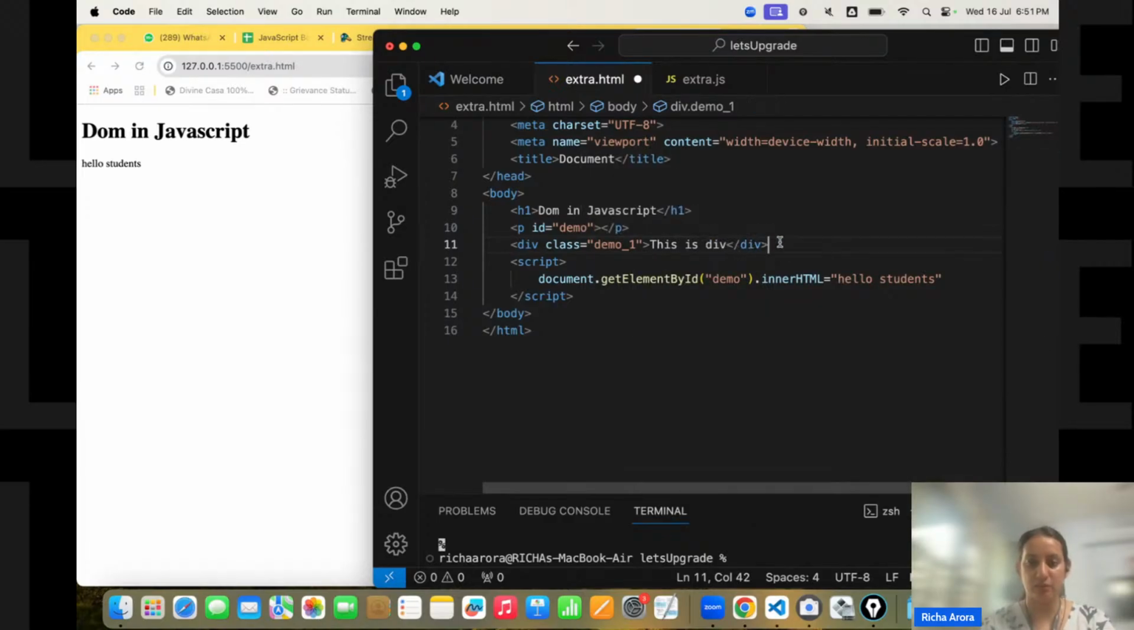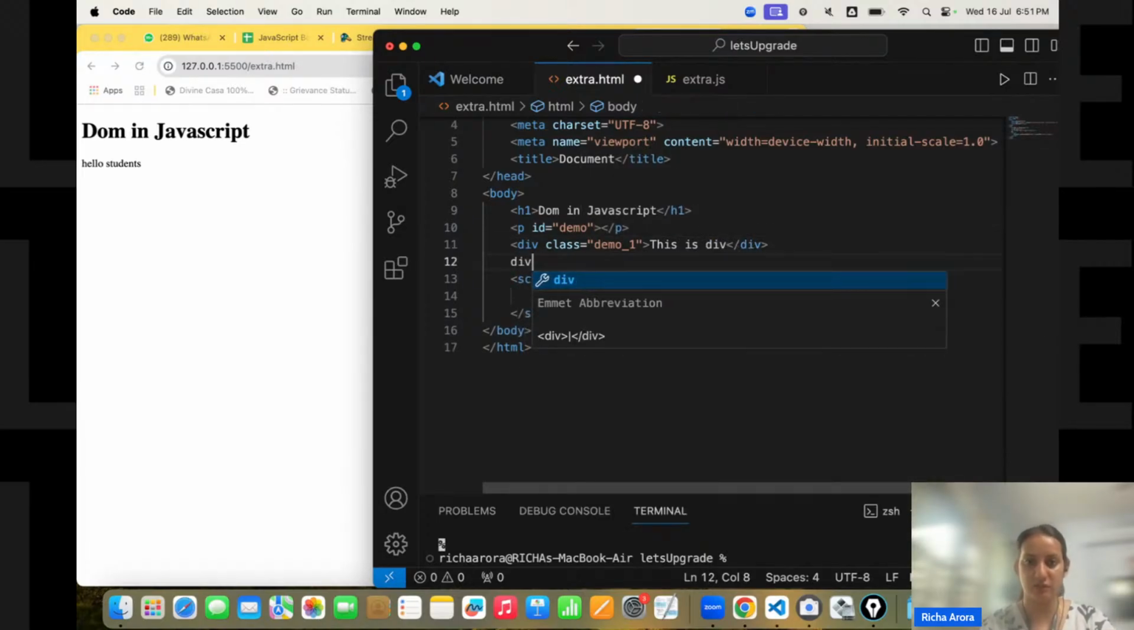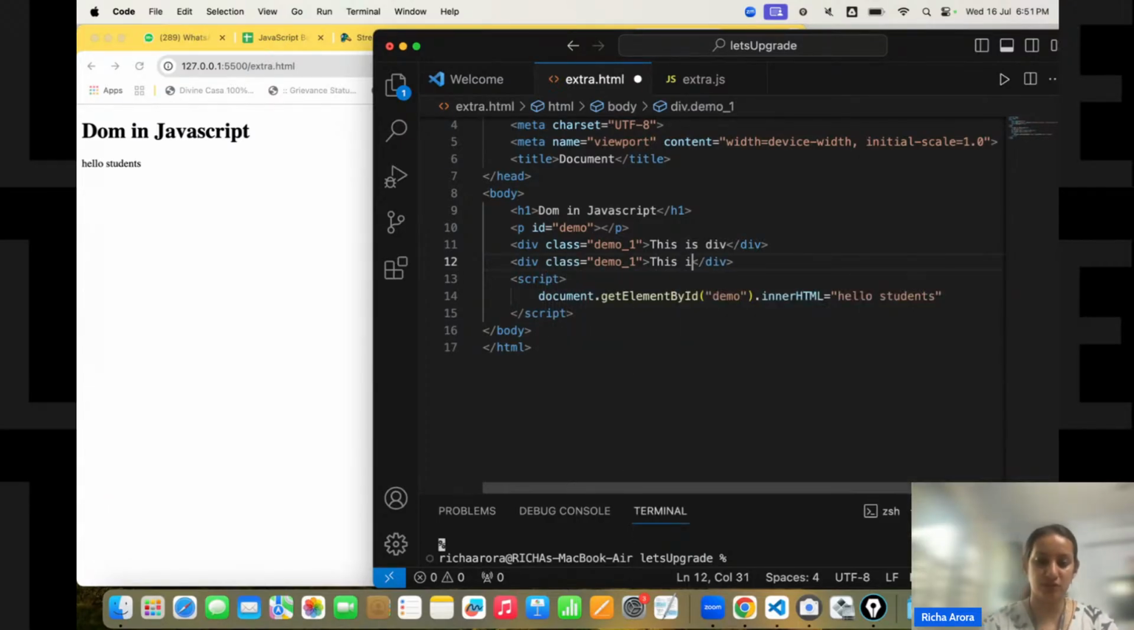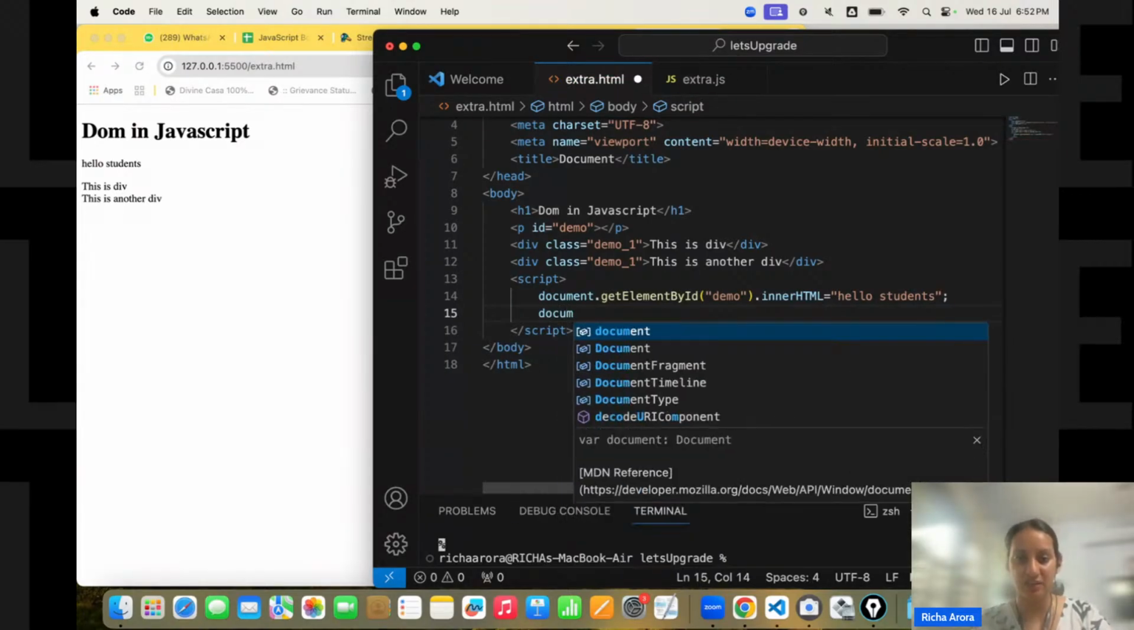Then I have one more div present here, div dot demo_1. So this is another div, right? Now I want to make some changes. I want to give the background color to this dynamically with the help of JavaScript only. What can I do? I can write here, first of all,